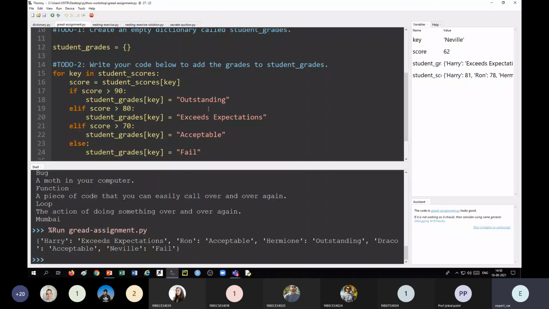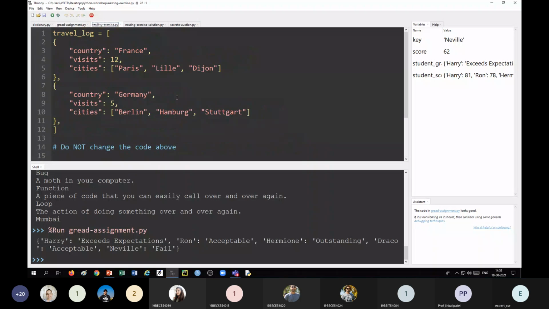Now let us see the nesting exercise, one by one. I have the travel log with the country, number of visits, and cities. Your attention is required. See, I have a travel log which is a list containing 2 dictionaries.